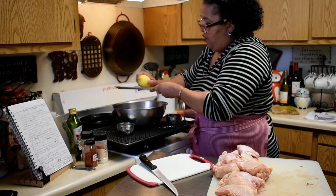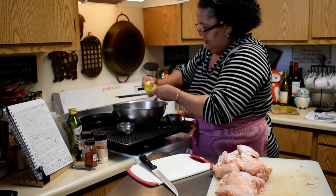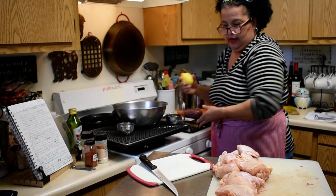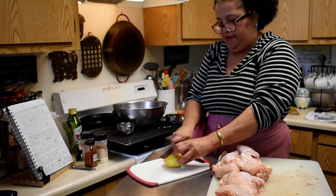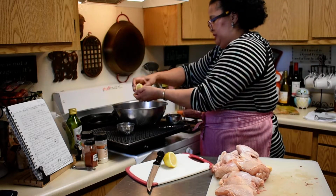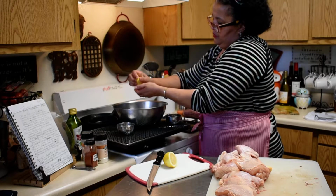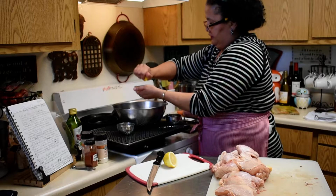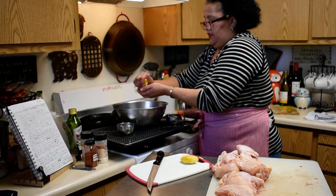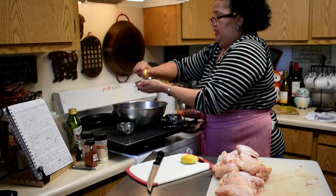And that's going to give you more of that lemony, yummy lemon flavor in there, okay? And then I'm going to take my knife, okay, and then squeeze that in there. Squeeze a whole lemon. And I love having it. It breaks down the fats. It helps to